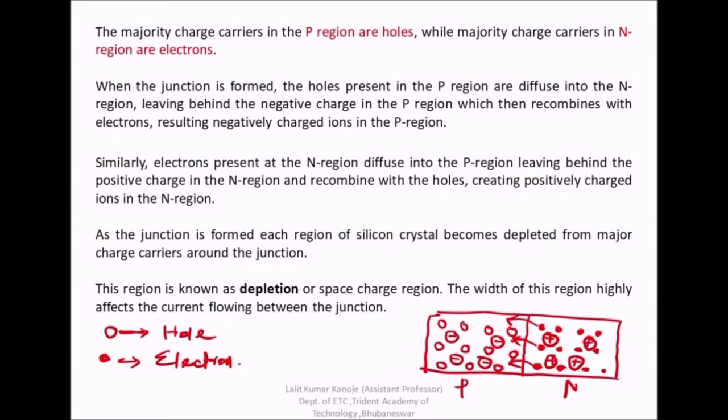And in the same way, the holes from the p-type try to diffuse towards the n-type. Right, but I already told you that holes don't move. The movement of electrons in the opposite direction is basically the movement of holes. Okay. So this much is clear. The diffusion of electrons occurs from n-type to p-type and the diffusion of holes from p-type to n-type occurs. Okay. Fine. After some time what happens is that